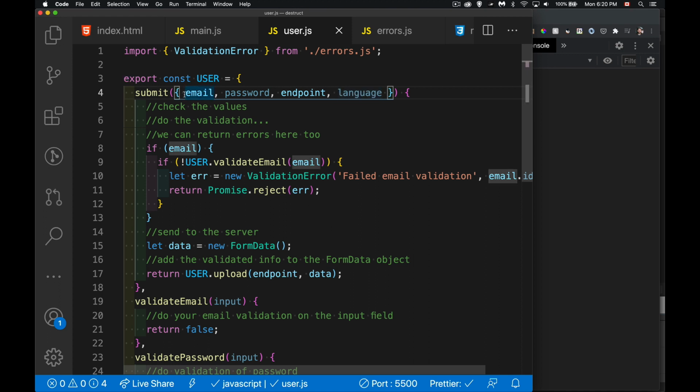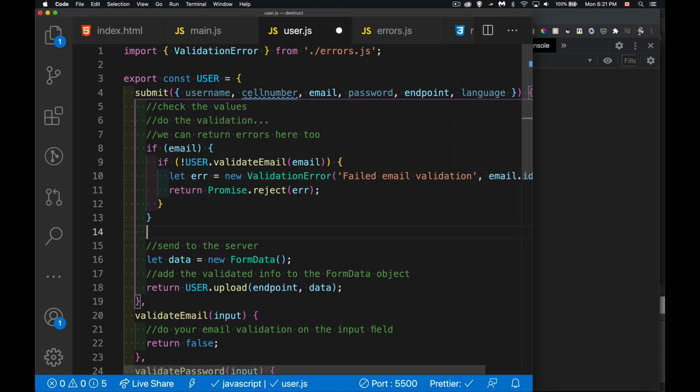What if I wanted to add a new feature? Now this is going to validate usernames. What if it's going to validate phone numbers? Something like that. I can now update this function right here. I can add in as many parameters as I want, and I can check for those things. I can say, the same way I did for email, I can come in here and say, you know what,